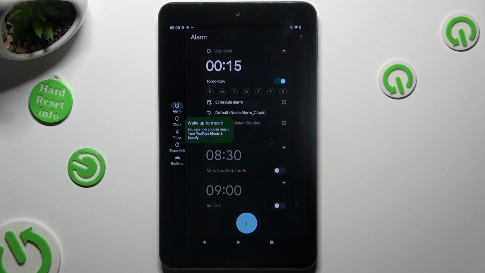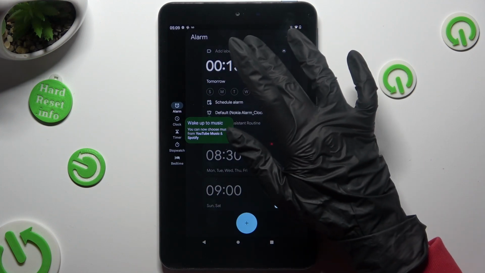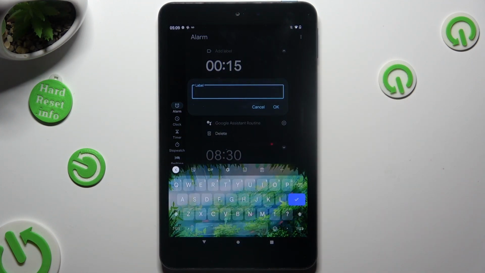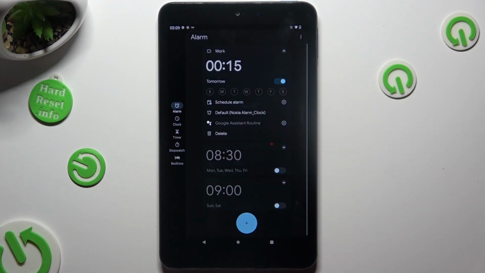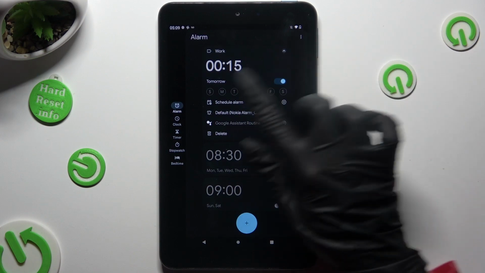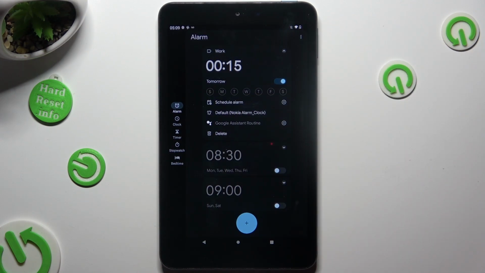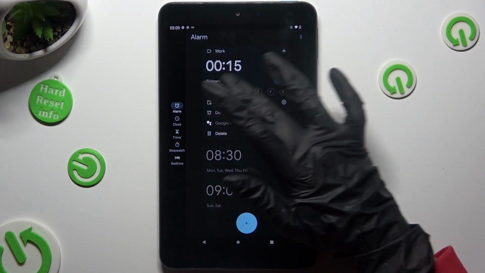At the top, click on Add Label. Label it however you wish to if you wish to, and click on OK. Then click on Days of the week that you wish to set up,